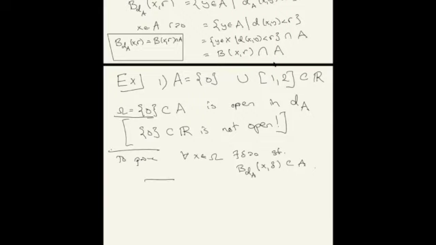Our set is a singleton, so there's only one point to check. Let x equal 0, the only point. We have to choose a delta that works, and we'll keep in mind what we just argued, that the intersection of the ball is itself a ball in the restricted metric. So let's pick delta equals 1/2, and then by above,